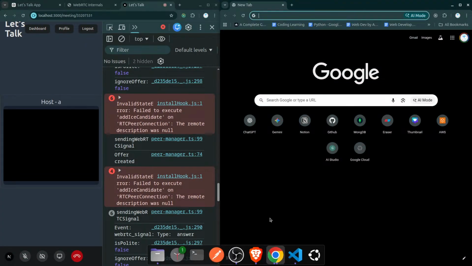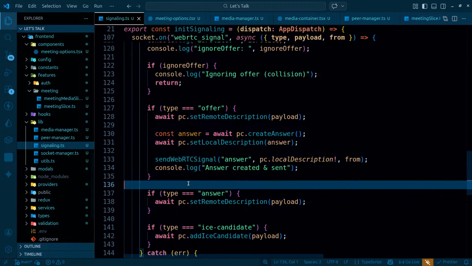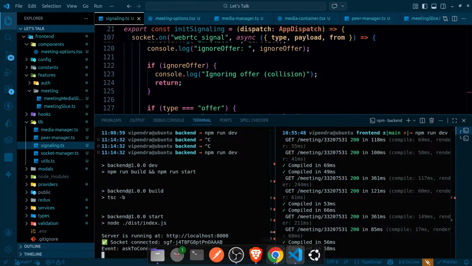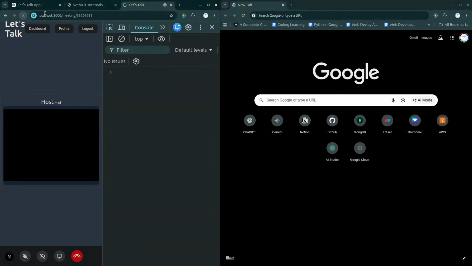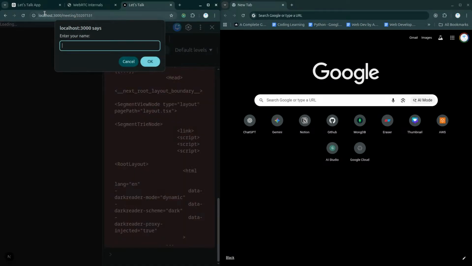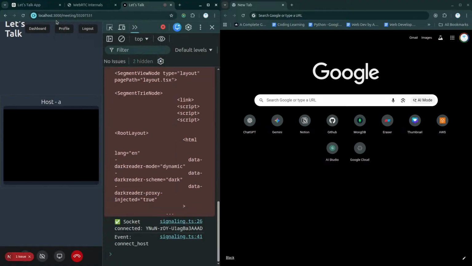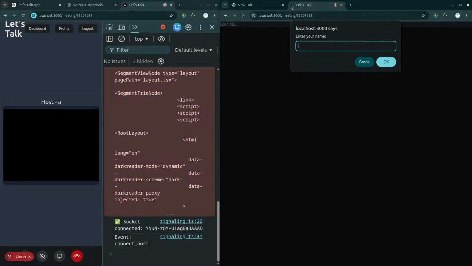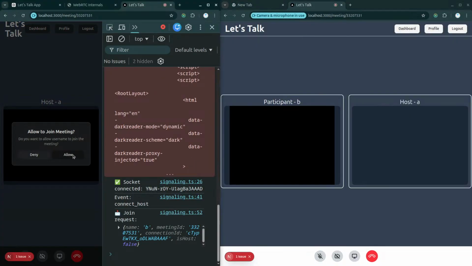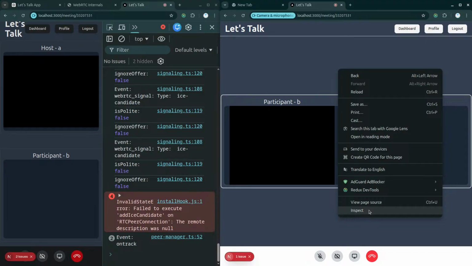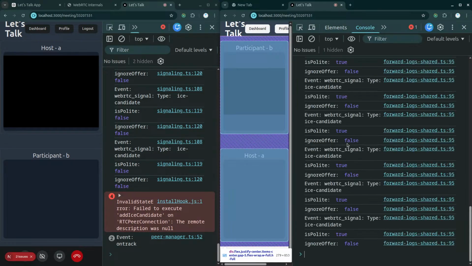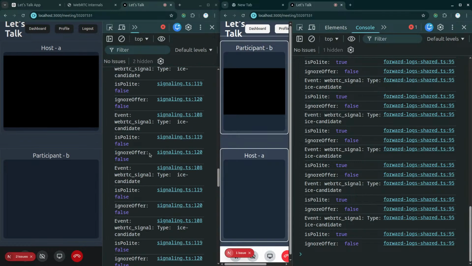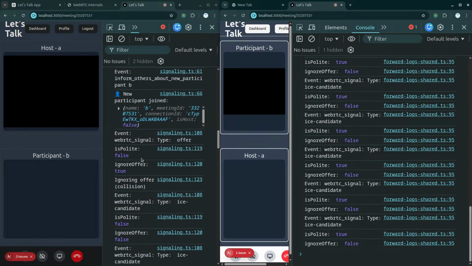Coming back to this, npm run dev, reload the page. That's going to be one of the first users. So A, control C, control V, enter, B, allow, inspect console, and here we are. So again, ICE candidate related messages I'm getting here, that's fine, understandable. But first of all,